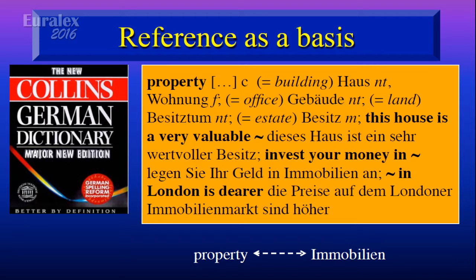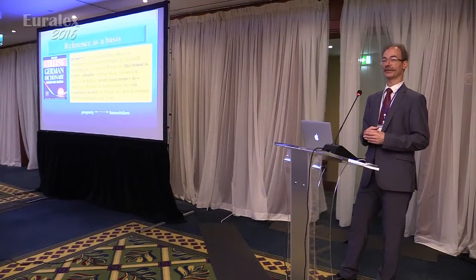Very complex situation. What's going on here? Well, if we translate property into German, the best translation is actually Immobilien. But property is a singular. Immobilien almost only occurs in the plural. And property is often used in a generic sense, but it can also be quantified, a property. And then you have to describe things in various ways in German, avoiding the word Immobilien in many contexts.